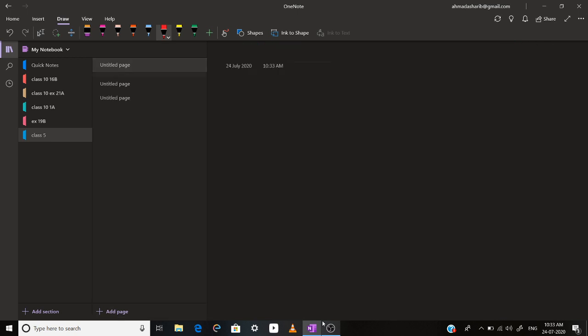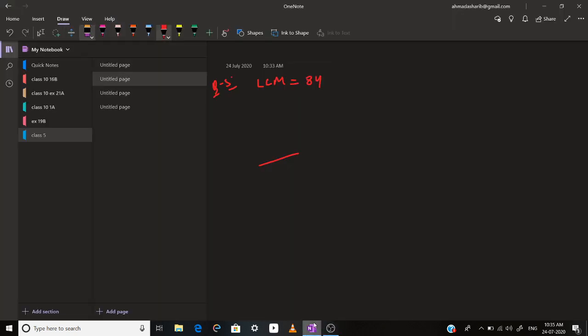Now question 5 says, this is a multiple choice question, so you have to take the correct answer. And this question says LCM of two numbers is 84. Which one of the following cannot be their HCF? Okay, so always there is one thing which is certain. Now what will be the HCF according to this question? So first of all, let me write the options which are given.